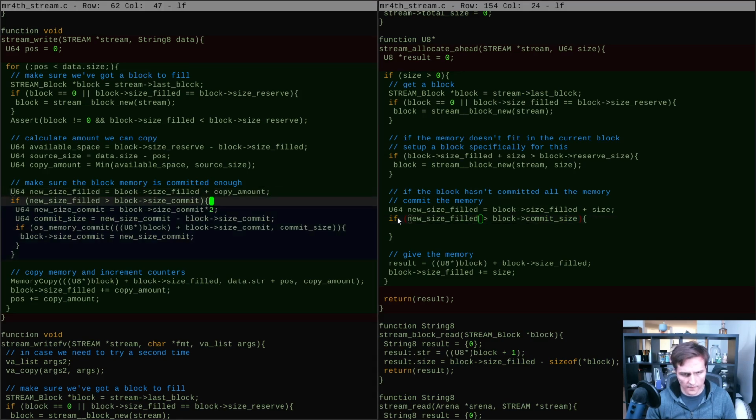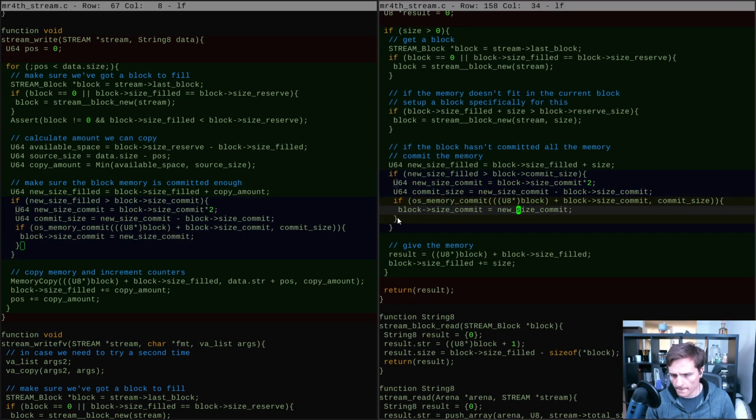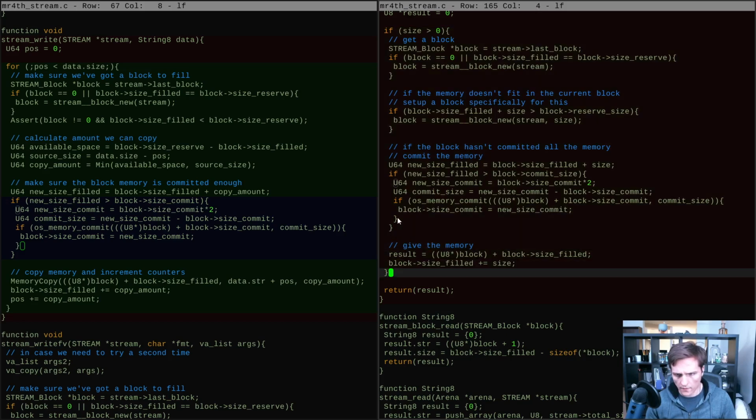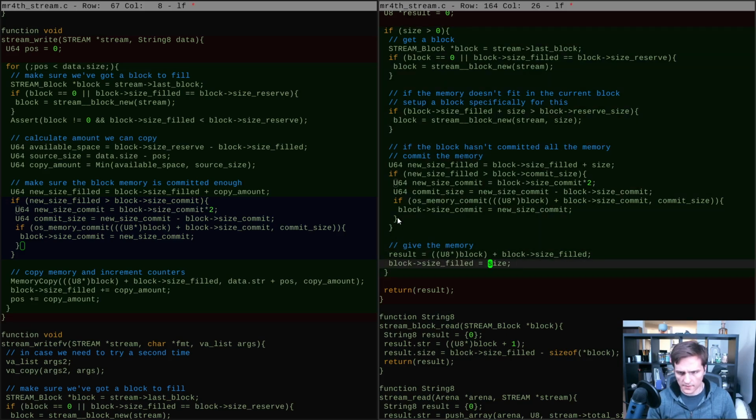New size filled, commit the memory, and then we hand over the memory. This becomes new size filled,